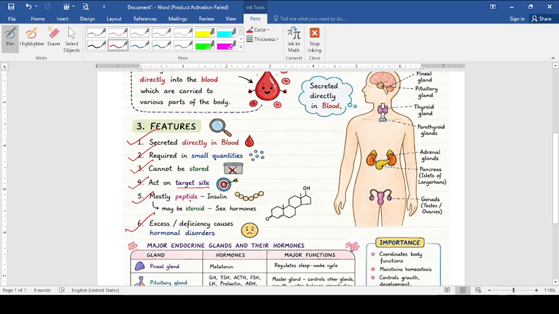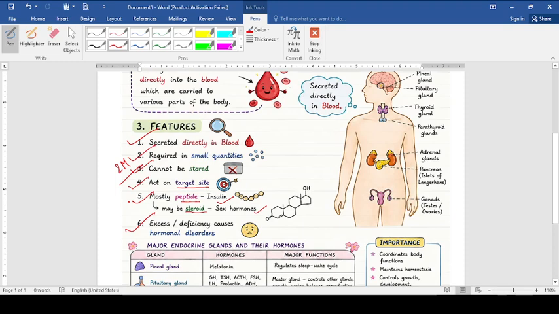But here we have to consider that most of the hormones are made up of protein or polypeptide chain. One of the best examples is insulin, but some of the hormones are made up of steroid. All the reproductive or sex hormones are steroid hormones, like testosterone, androgen, estrogen. So if features are asked in the examination, you can take any 3-4 features from here. If 4 features are asked, it will come for 2 marks, which is usually coming for the 2 marks only. If 6 features are asked, it will be having 3 marks.